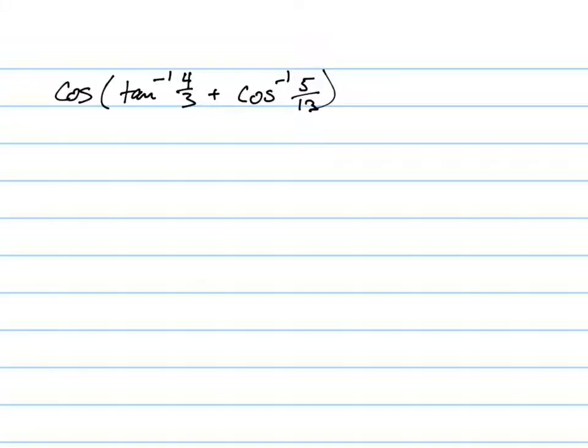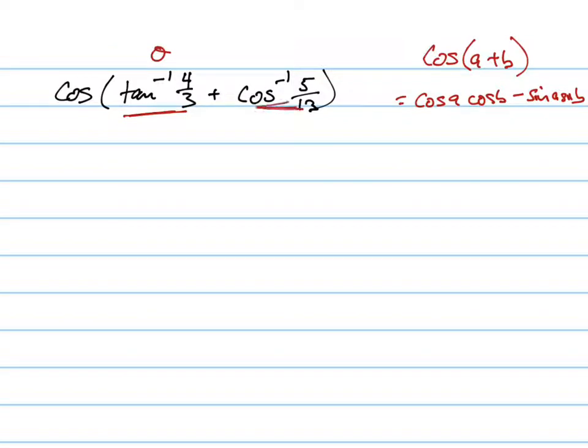So to simplify this, we're going to have to use our cosine A plus B formula, which is what? Cosine A cosine B minus sine A sine B. Remember, this is just an angle. Let's call it theta. This is an angle. Let's call it alpha. Or I can call it A and B, I guess. So I can use these right here. So this equals the cosine